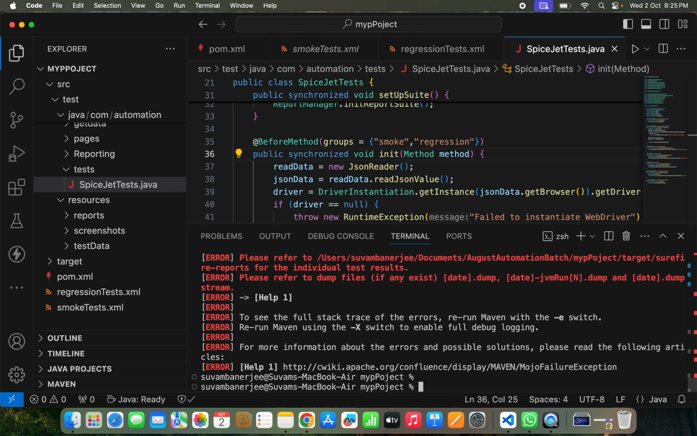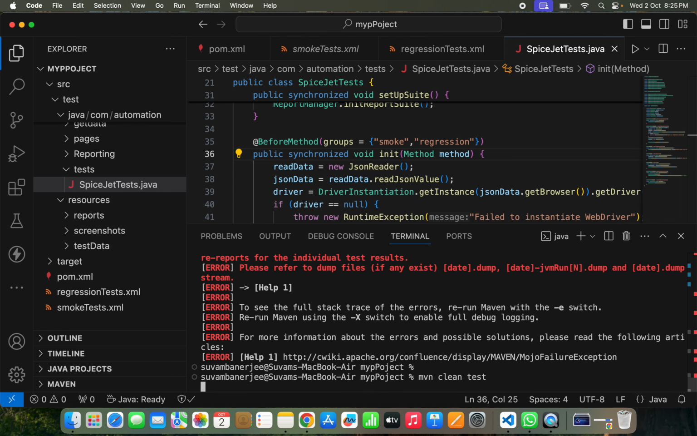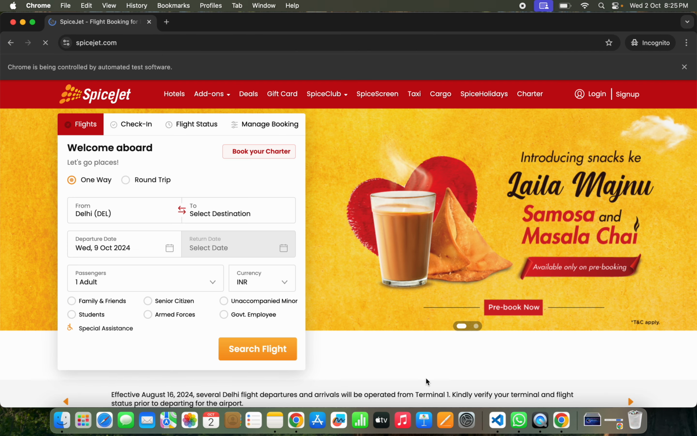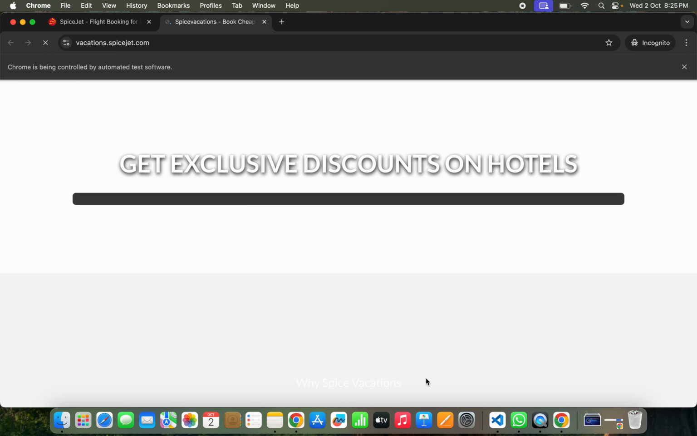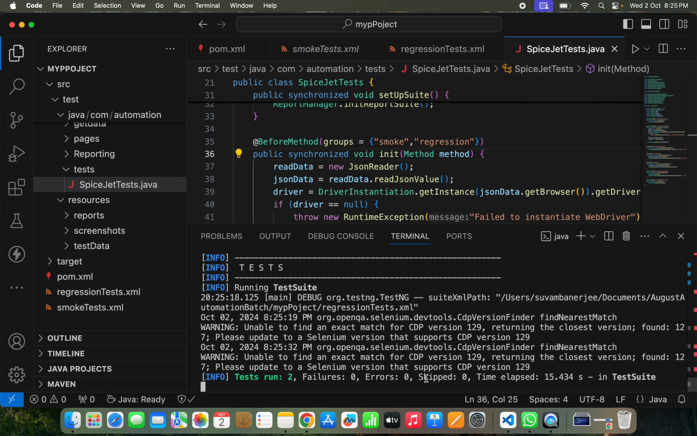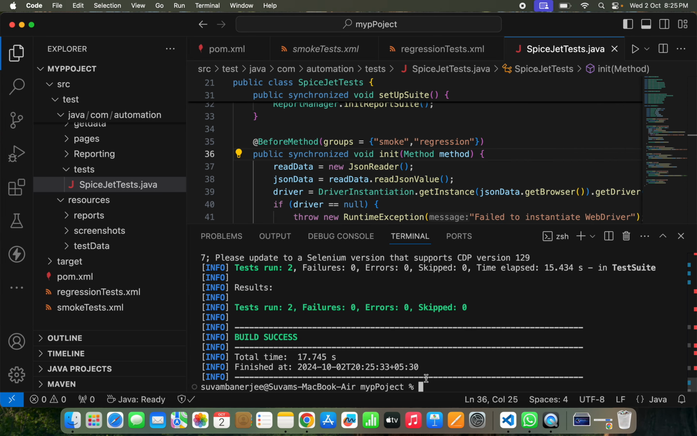Let me check again. As it is synchronized, then parallel execution will not happen. One by one it will execute the two tests. Now it is fine. But in parallel execution, the deadlock situation happens